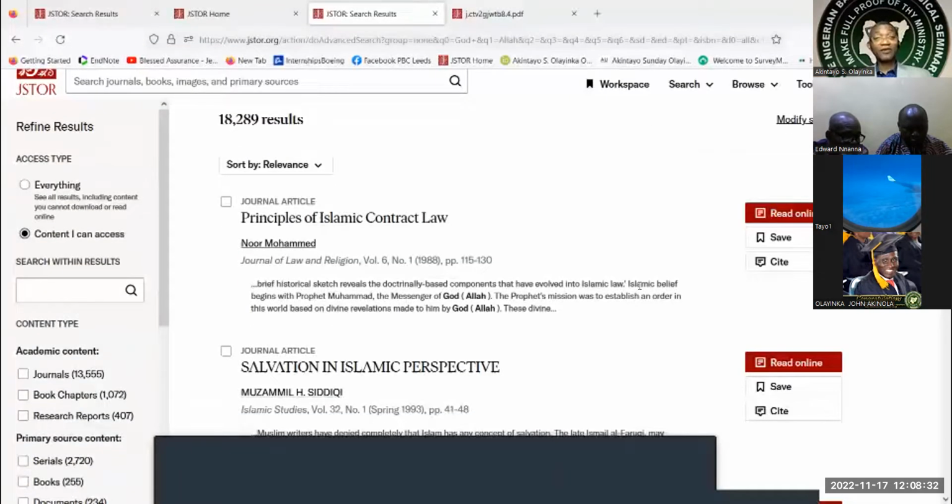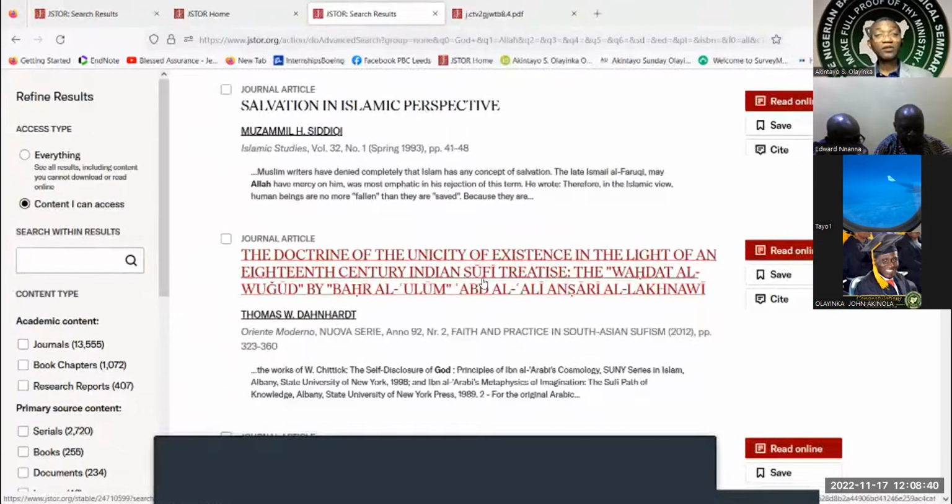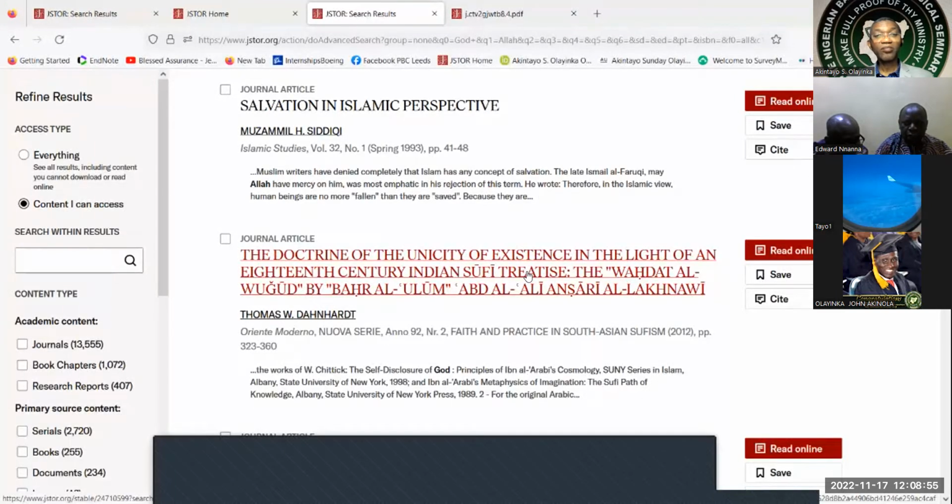So the principles of Islamic contract law, salvation in Islamic perspective, the doctrine of the unicity of existence in the light of an 18th century Indian Sufi treatise, the Wahdat al-Wujud by Bahr al-Ulum, Abd al-Ali Ansari